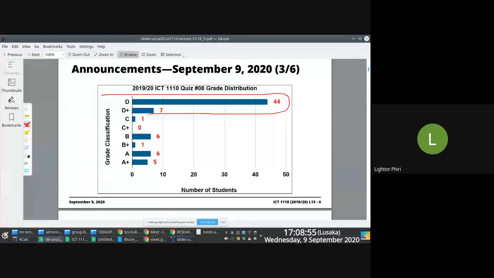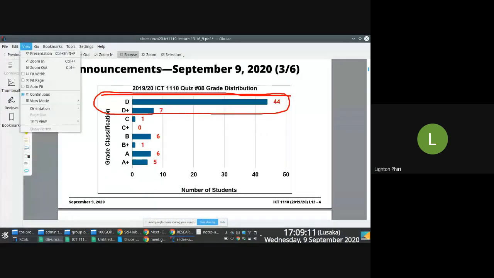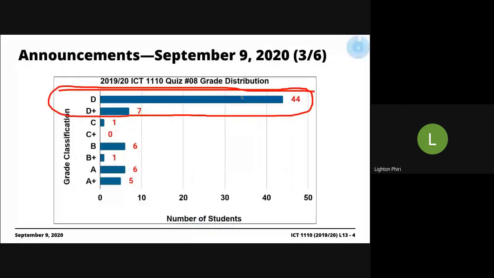What is the problem? I'm going to pause here because I wasn't going to do this, but I thought I would pause here and just try and find out if there's something that people are struggling with, so that we can fix this before we proceed, right? Especially before we proceed with the second half of the course, which requires a little bit of additional imagination here. Any thoughts about why you think the performance was bad?